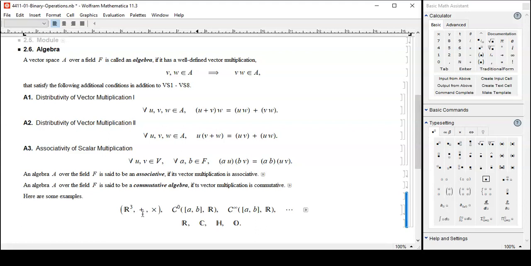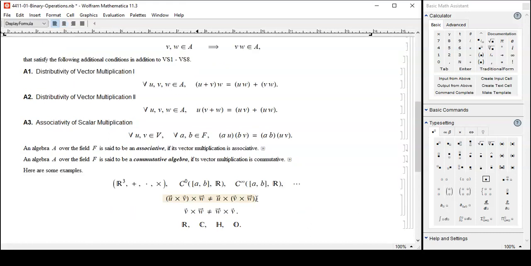R3 with addition, scalar multiplication, and also the cross product. Okay, addition, scalar multiplication, cross product. That's going to form an algebra, and this is going to be a non-associative algebra because cross product is not associative. It's not commutative either, as a matter of fact, but it's actually